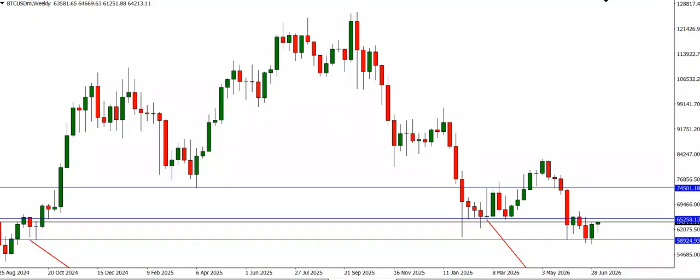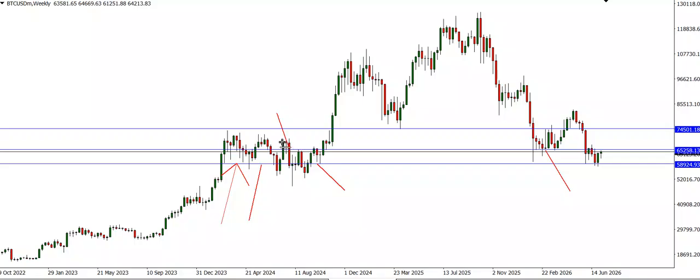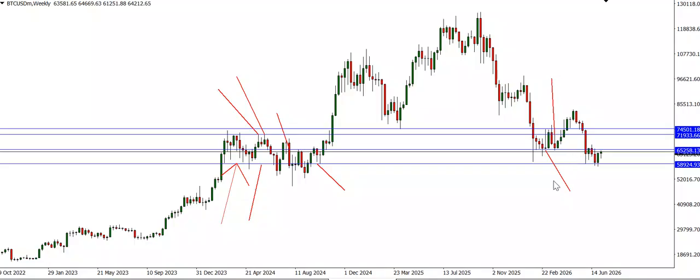Key levels on the weekly time frame. Any key level like this is a key level. Got tested here. Got tested here. You can see it being tested somewhere here. So those are the key levels